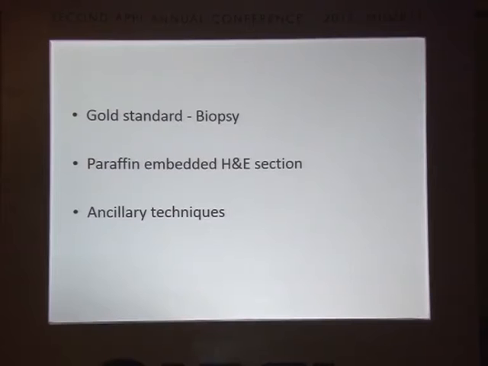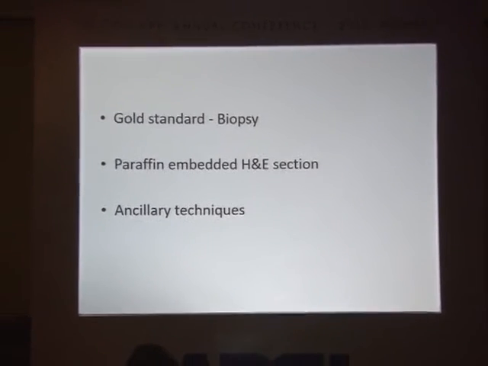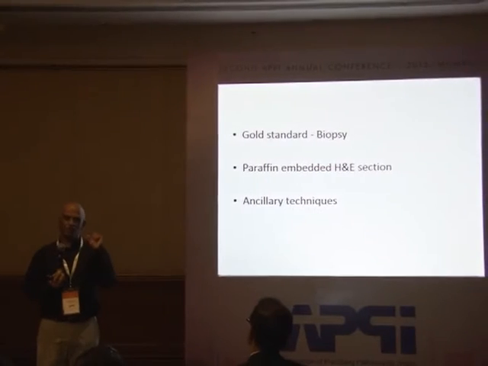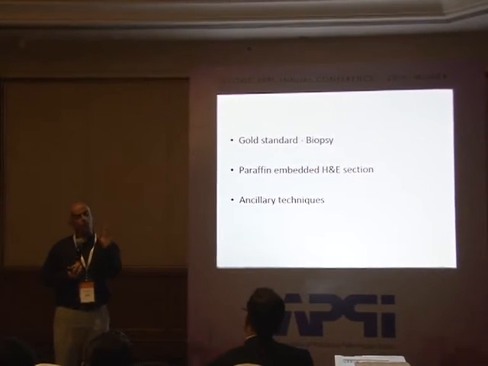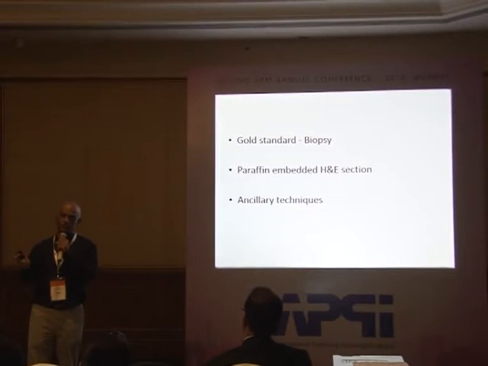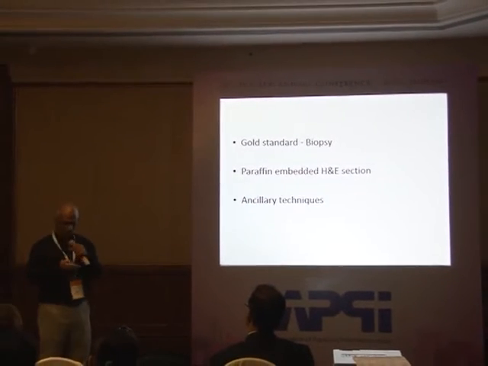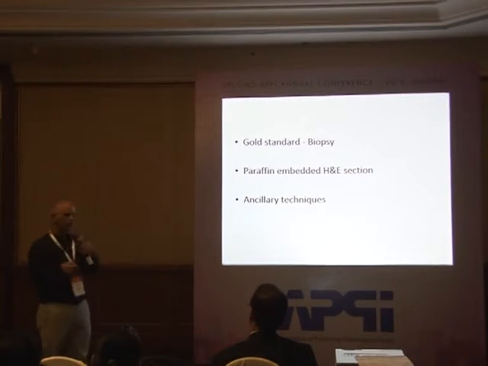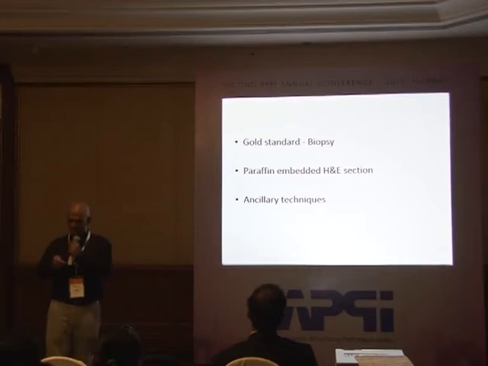But if we have a suspicion of lymphoma, we should not do FNAC, unless you are doing FNAC for flow and FNAC for molecular. FNAC becomes a tool of collecting tissue to send to different laboratories. But if you're suspecting lymphoma, the best is to do histopath, a complete node biopsy, the largest node, whole node biopsy, not a small node excision or incision. The largest palpable node should be removed by a surgeon, not a resident, because many times you get crushed lymph node tissue also. So it's specialized. You have to see the paraffin embedded H and E section. This is important, and obviously you can do all ancillary techniques on the paraffin blocks.